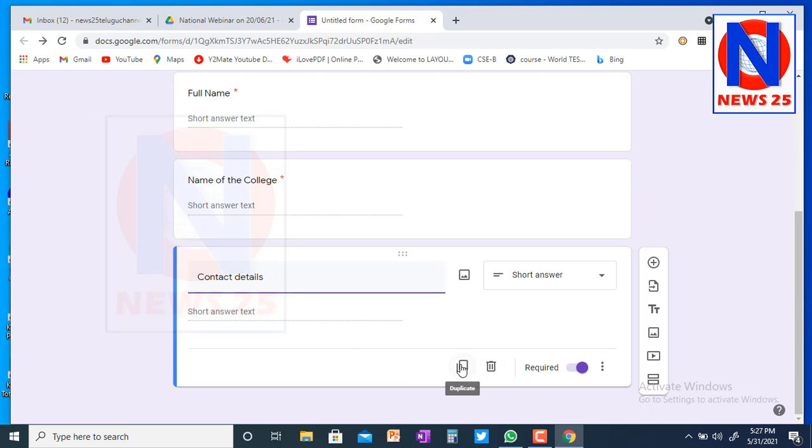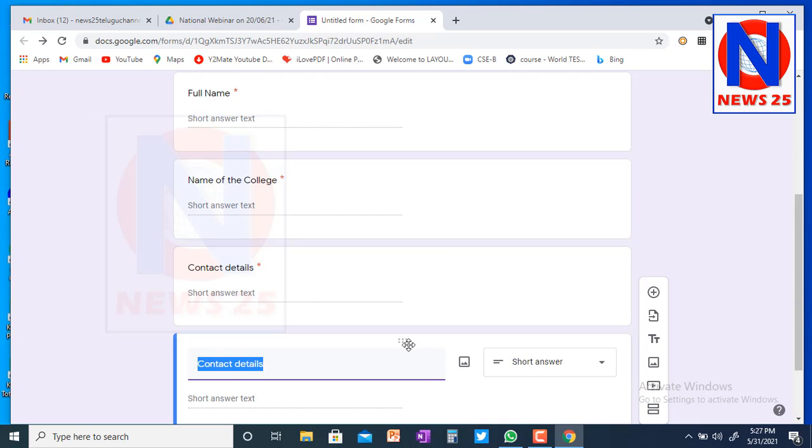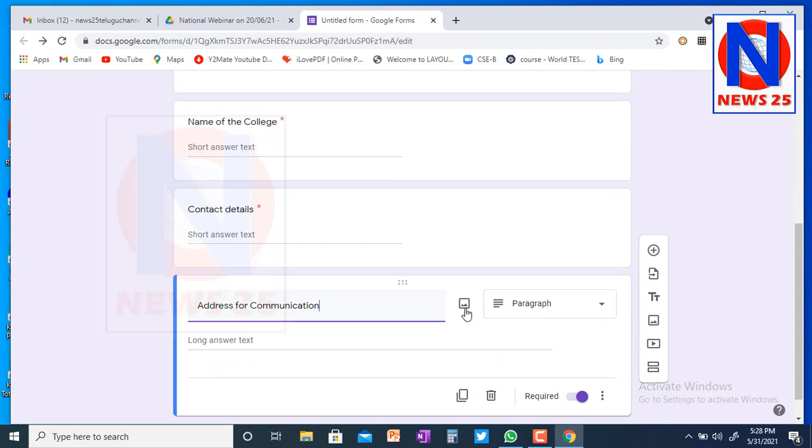Next, address for communication. That is up to you. Whatever data you want to collect, you can mention those details. And here automatically it has taken paragraph, so that's okay, fine.